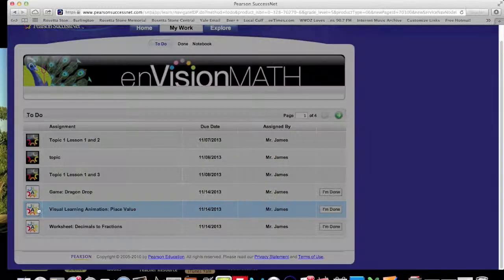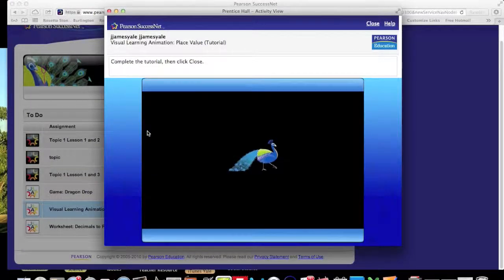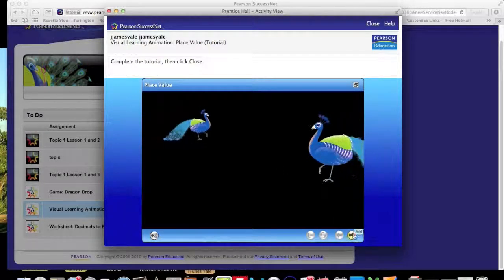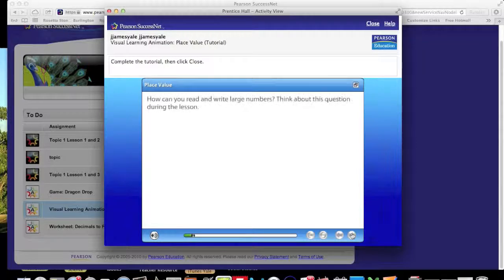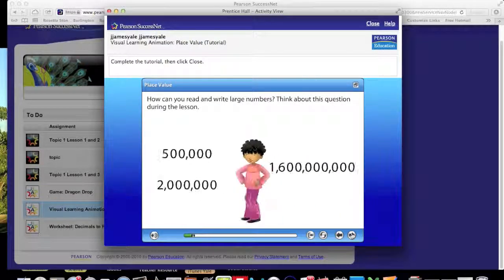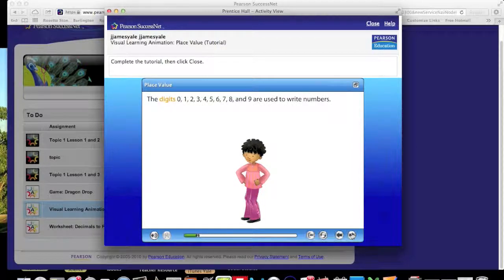I have visual learning, so if I click on the visual learning, the music would start, and they can sit there and learn this lesson through this online teacher. When you click on the little sound there, it'll say the vocabulary for you, and then it will go through and ask you questions, and it teaches you that lesson. So I'm going to close out of this,